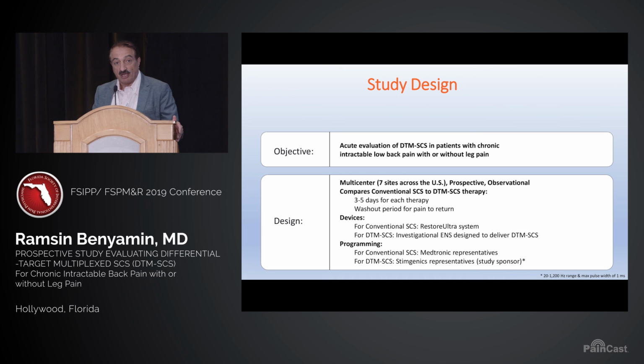Every patient, for obvious reasons, initially had a trial of 3 to 5 days of conventional stimulation. There was a washout period, and then they were converted to DTM, differential target multiplex spinal cord stimulation. The device used for conventional spinal cord stimulation was the Restore Ultra system. And for the DTM, it was an investigational external system designed to deliver the specific therapy, the DTM SCS. Who did the programming for conventional